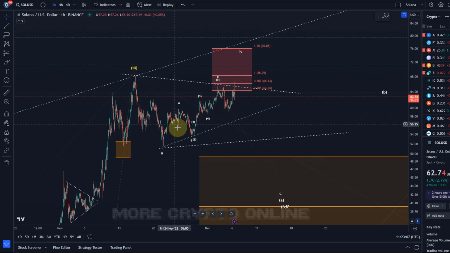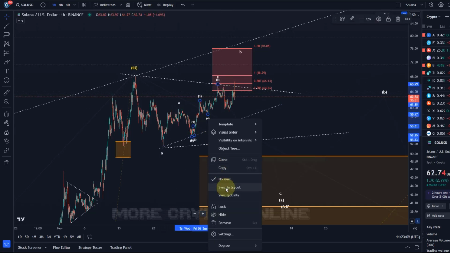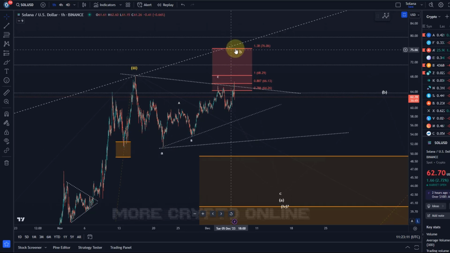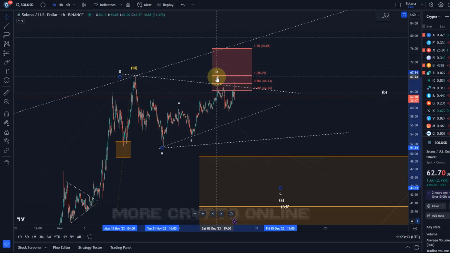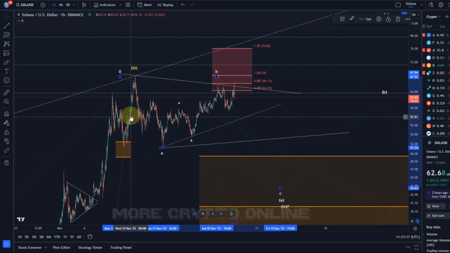So I have to assume that, let me take the micro count out here. We talked about this as a B wave, but it obviously would be quite shallow for a B wave, especially if the A wave was a 3-wave move. Sometimes we even get overshooting B waves in these scenarios. So it's extending, as it seems, its B wave for now. But the exact microstructure is not clear.